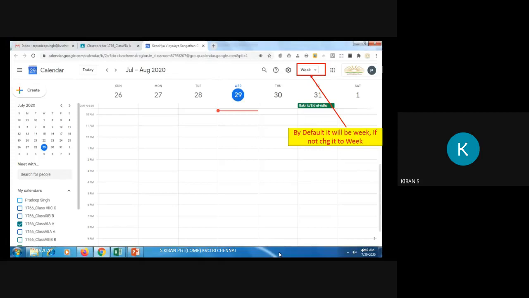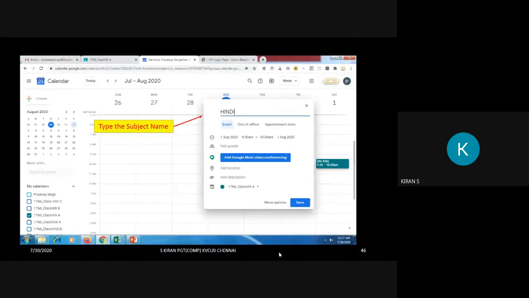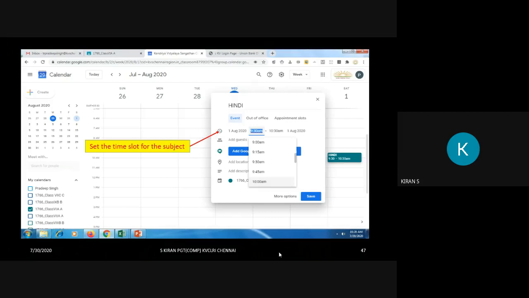So here if you see by default it will be week only. In case it is changed, just click the down arrow and set it to week. Now click on create. A pop-up screen will appear. Type the subject name. Select the time slot for the subject.